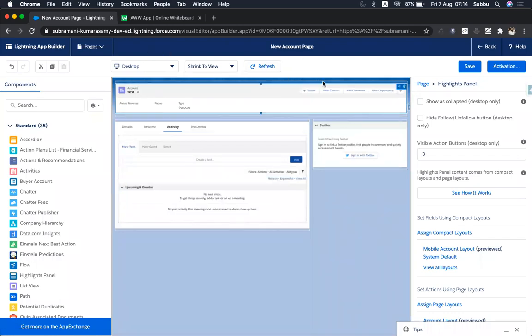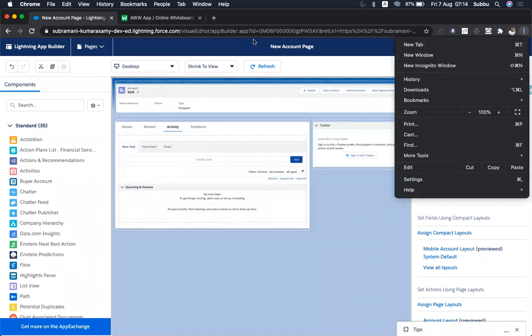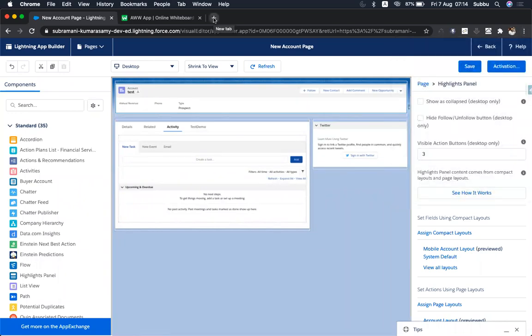When they moved to Lightning, the browser also had some capabilities. If you see, the browser keeps on updating. If you go and check the Chrome browser version, it keeps on updating like that. Every browser will have their own capabilities. It will keep on updating the features. So now Lightning has many features which can be handled at the browser level, which they don't want to impose on the server side. In this way, they can reduce the traffic which is happening on the server side. So in this way, the system can be a little fast.